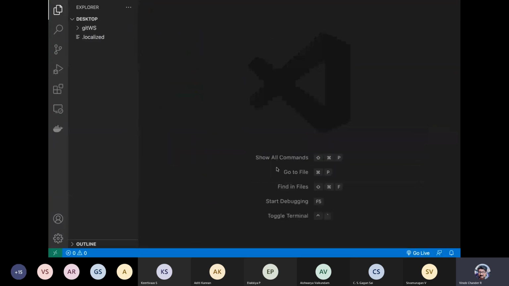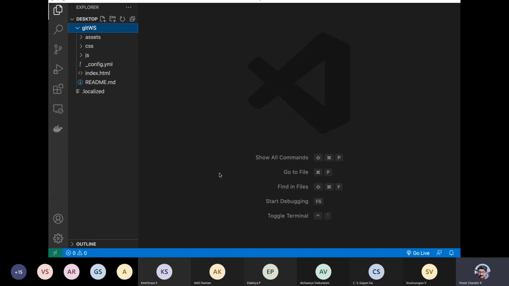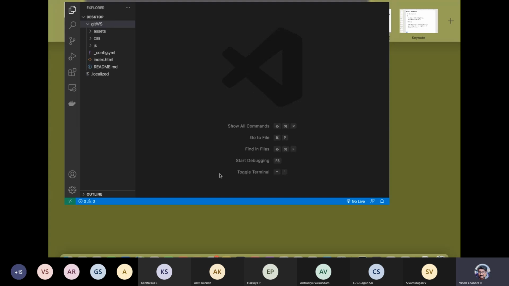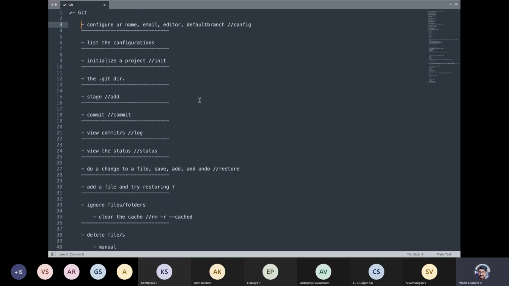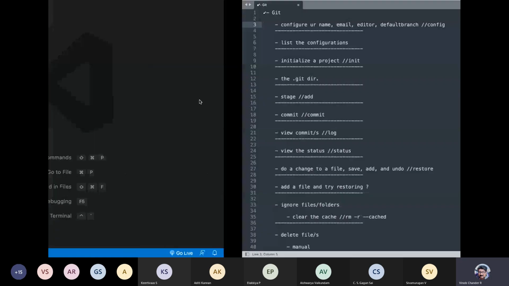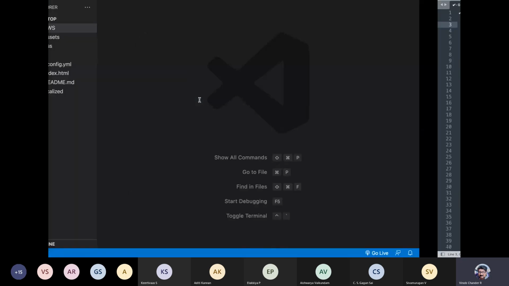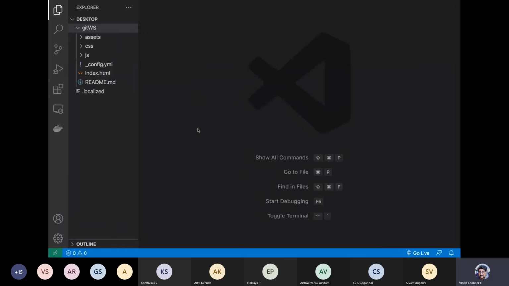All right, now that we have a particular project here in Visual Studio Code, we can make use of the integrated terminal, which is really a very nice feature, to experiment with Git commands. Okay, so what is our first command? Yeah, this is our Sublime text, which contains the to-do list kind of. Before we experiment with each one of the commands, let us open up the terminal.